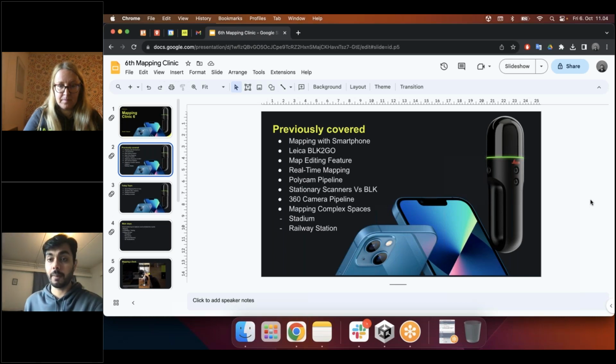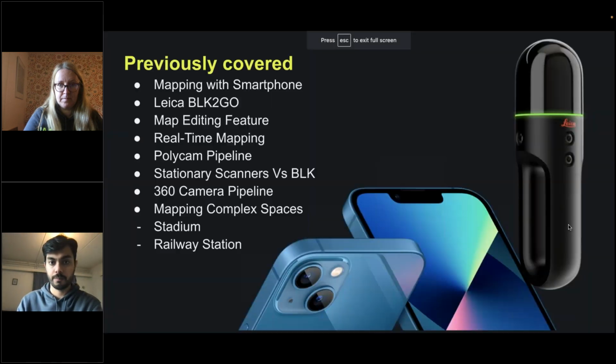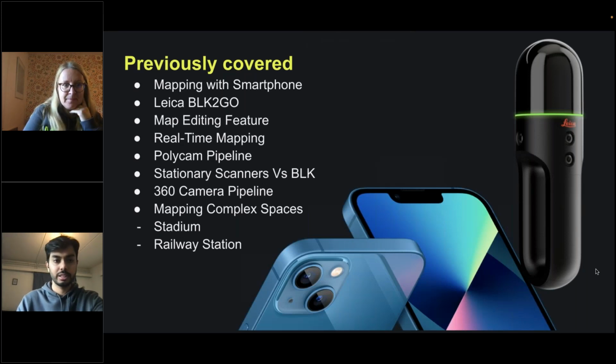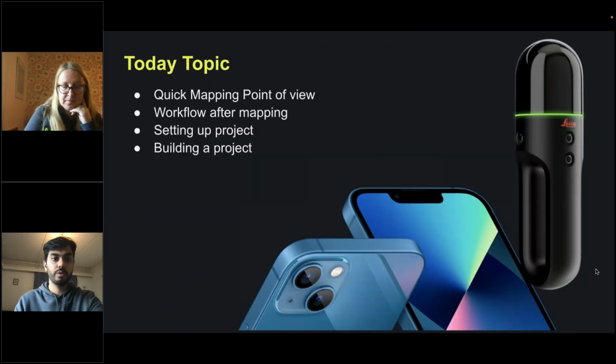And then railway station was a very complex example. For example, there are some use cases for railway stations or bigger airports, where users are not going there every day, but it's hard to navigate from one point to another. So how you can map the complex structures and what are the things you should keep in mind. So we discussed all of these topics previously. Sorry, I'm not in the share mode. Yeah. So we did cover all of these topics previously, and today we will